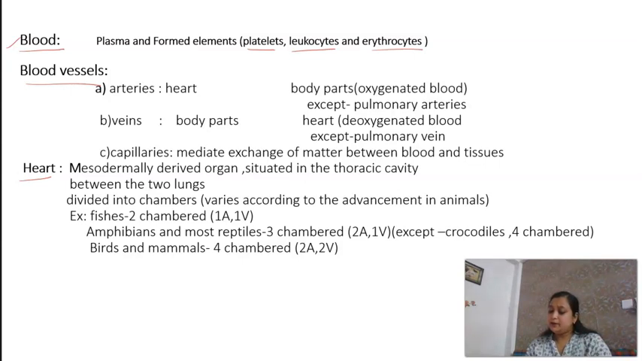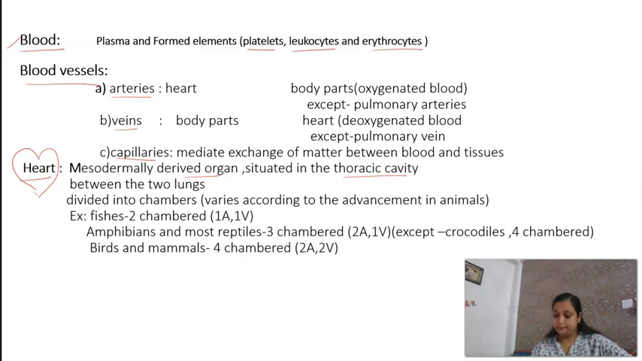Apart from that, there are three kinds of blood vessels: arteries, veins and capillaries. They are carriers of blood, with or without oxygen. So they carry oxygenated and deoxygenated blood from body parts to the heart or from the heart to body parts. The main organ of the blood circulatory system is the heart. The heart is a mesodermally derived organ situated in the thoracic cavity between the two lungs, but it is slightly positioned